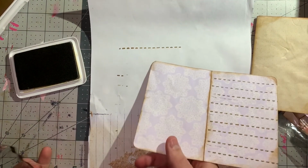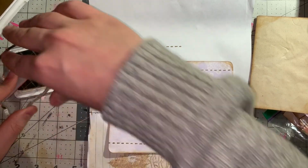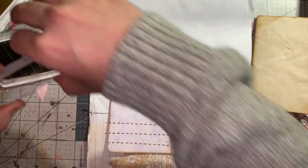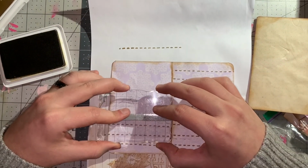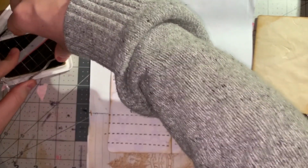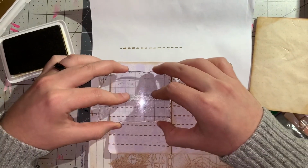So, you know, not going to be perfect. Not going to line up. Definitely not going to line up. And that's fine. I just don't like when they kind of go like this. If you don't get your stamp lined up, they can be slightly diagonal, but